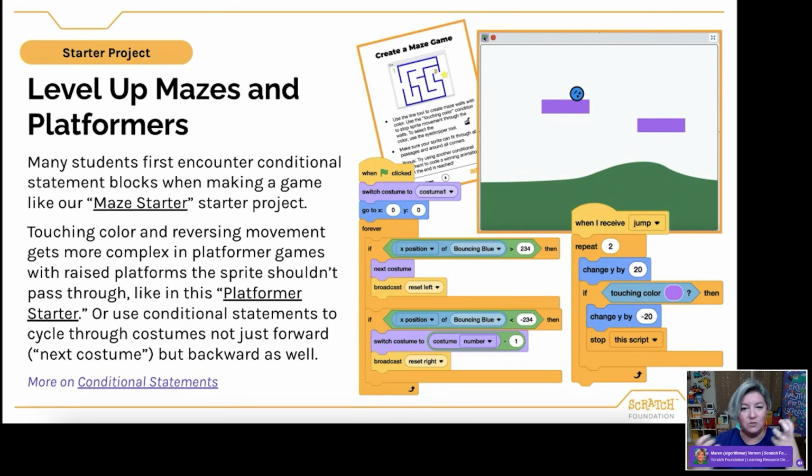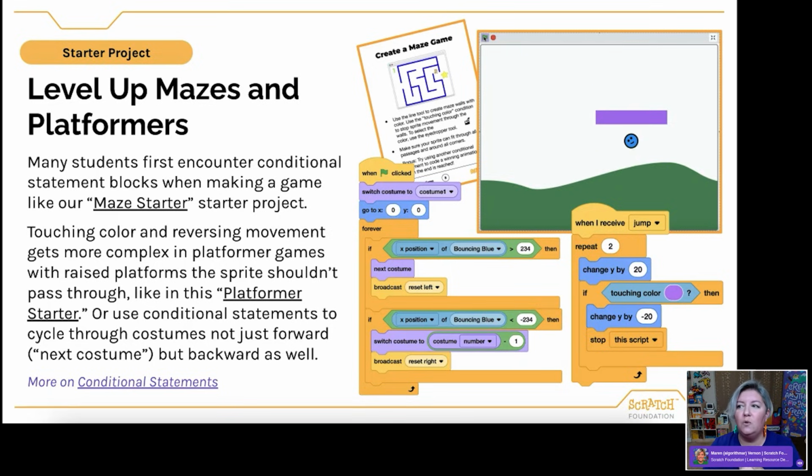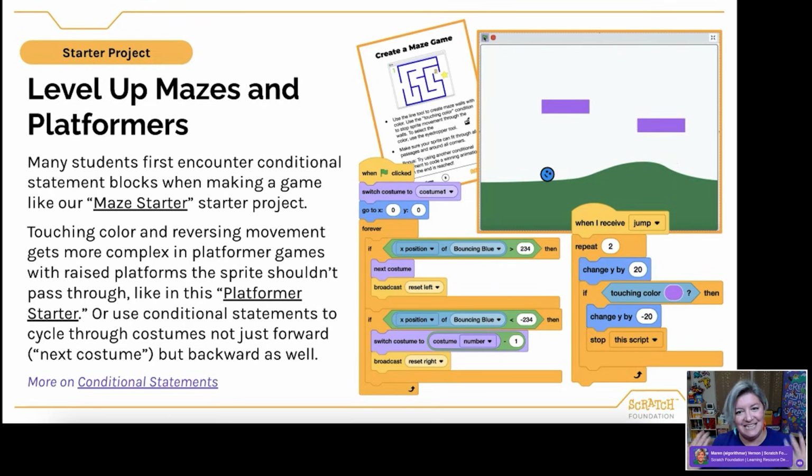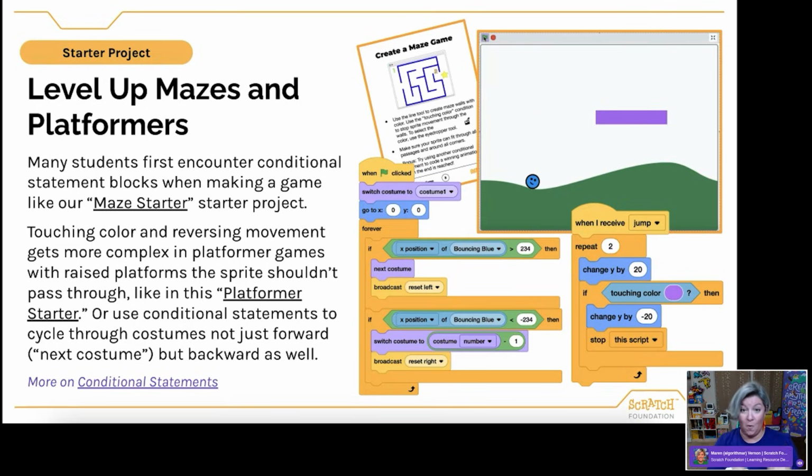So in order to get things working properly, you need to consider things running at the same time. So game development can get, as you can see, just really complex really quickly. And there's lots of debugging opportunities for you to think about. Sometimes my platformers don't work quite the way that I wanted. Sometimes something can go through a wall unexpectedly or something else can happen.